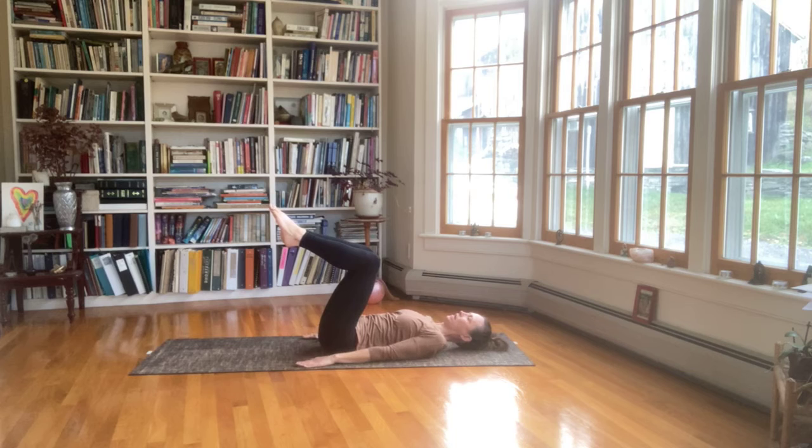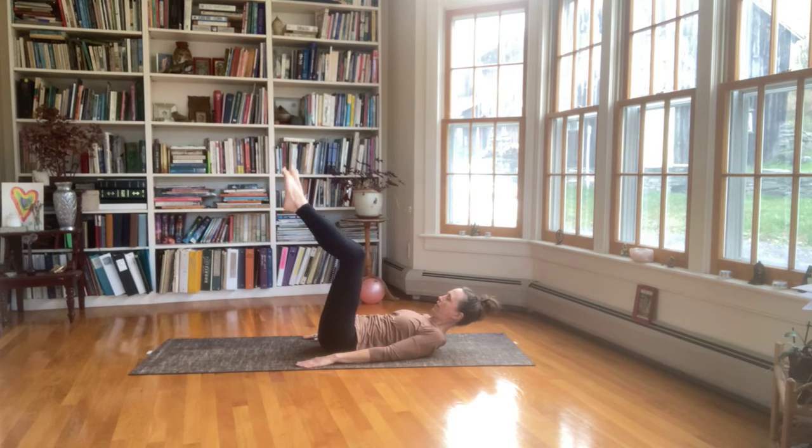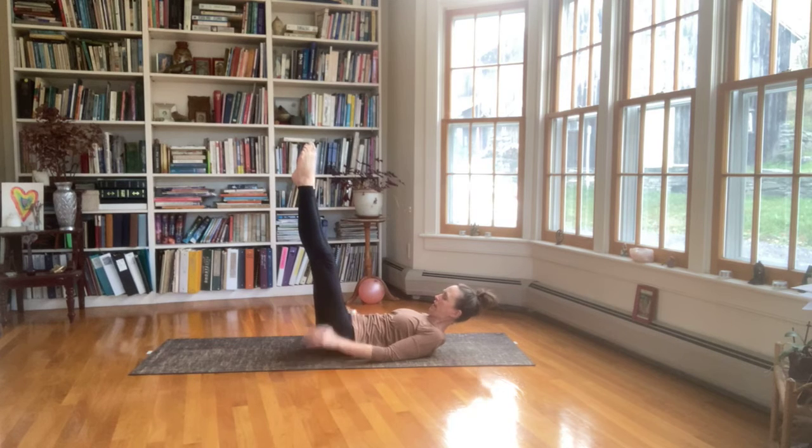and press the palms down, feel the backs of the arms. Lift the head, bringing the chin in towards the chest. Keep the back flat, even if that means keeping your knees bent. If you like, you can extend the legs, keep flattening. Externally rotate the legs, keep flattening, scoop the belly in, and then with your arms pulsing above the floor 5